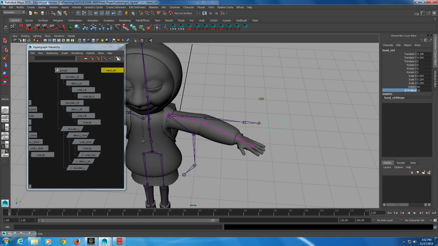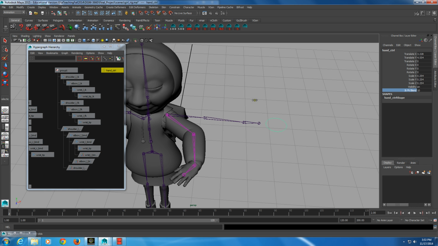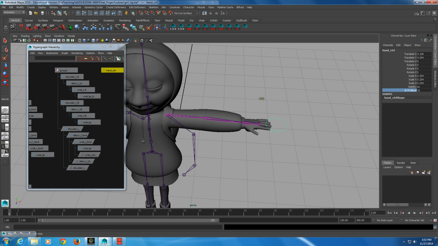Now I can blend between the IK and FK versions of the arm. Now, obviously, my IK arm doesn't have IK on it yet, but you can add that to this joint chain only. Now, the final step that you really need in this